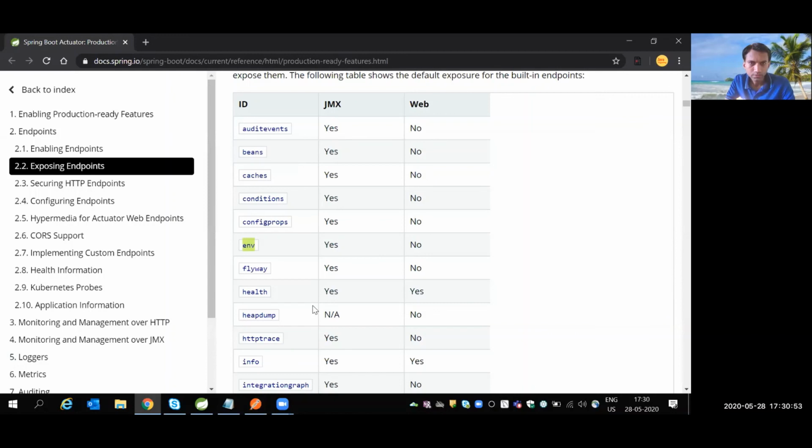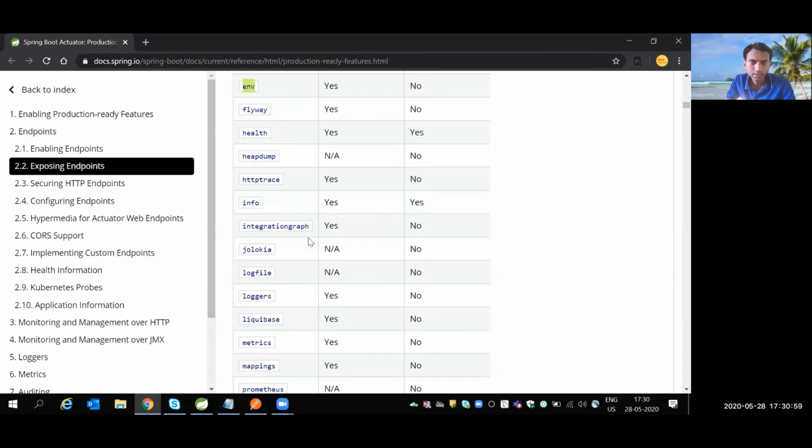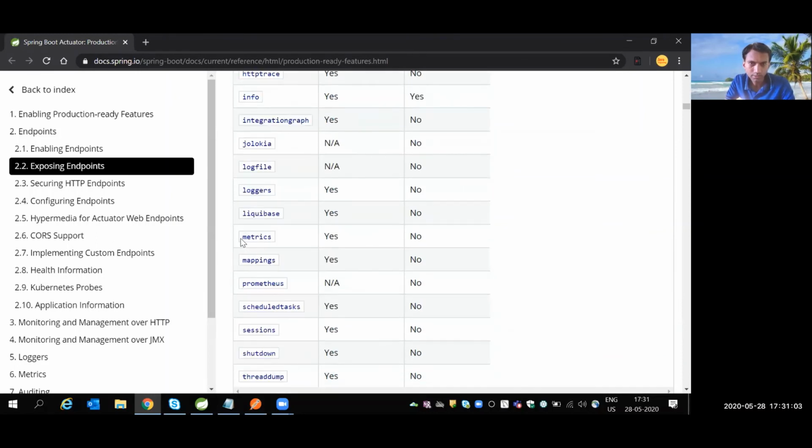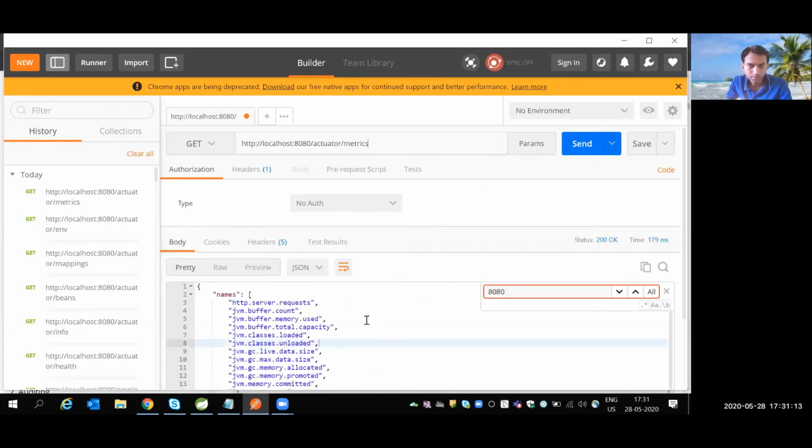Likewise you can try the other endpoints. There is info, then loggers, then metrics. Let us try metrics because this is one of the important endpoints. If you see the metrics, you will get so many options.